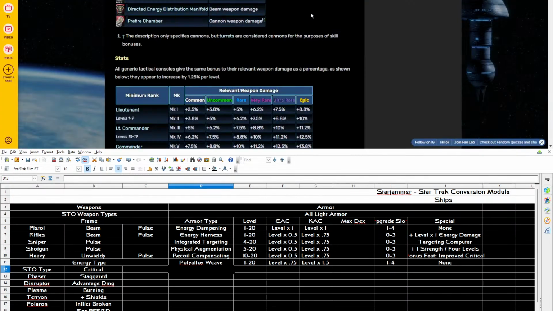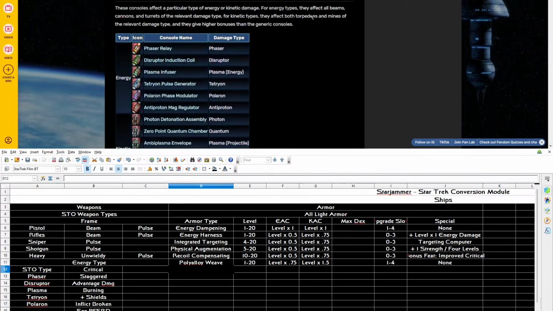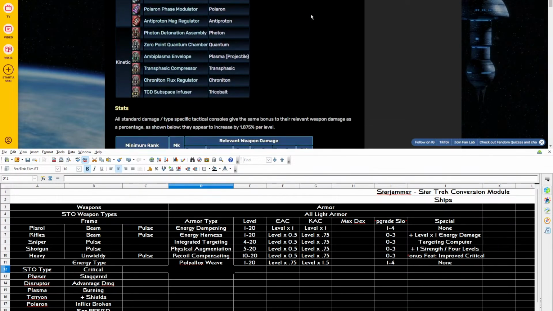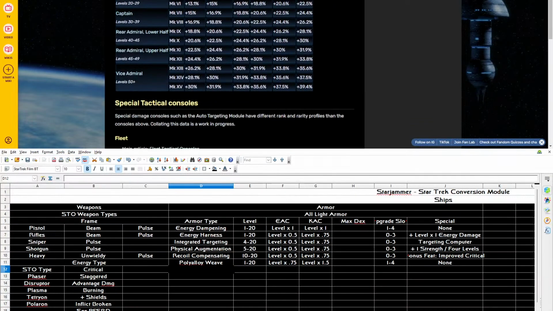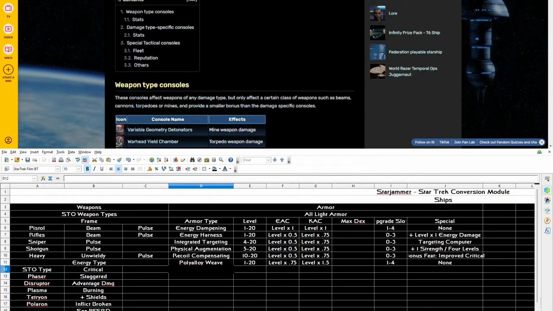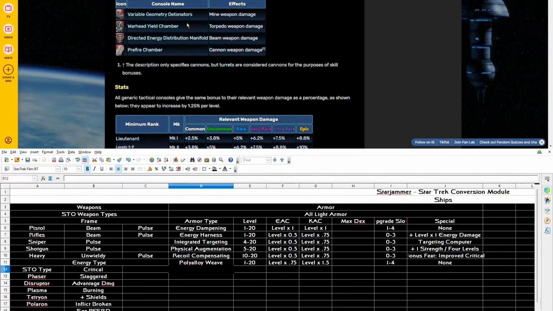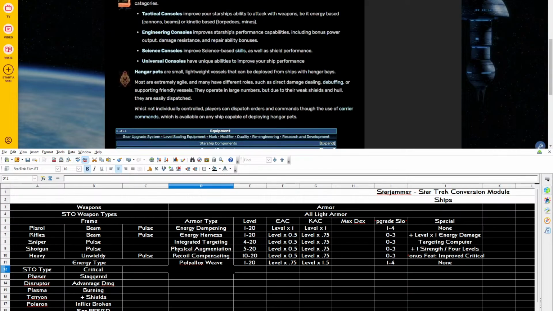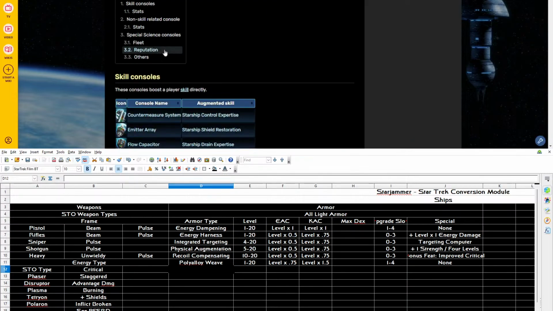But that could work. There's also these specific ones. I don't see a reason to bother with these. Yeah, so basically this is it. Just either a torpedo damage or a beam or a direct fire weapon damage. Sure, why not? And then for science consoles,